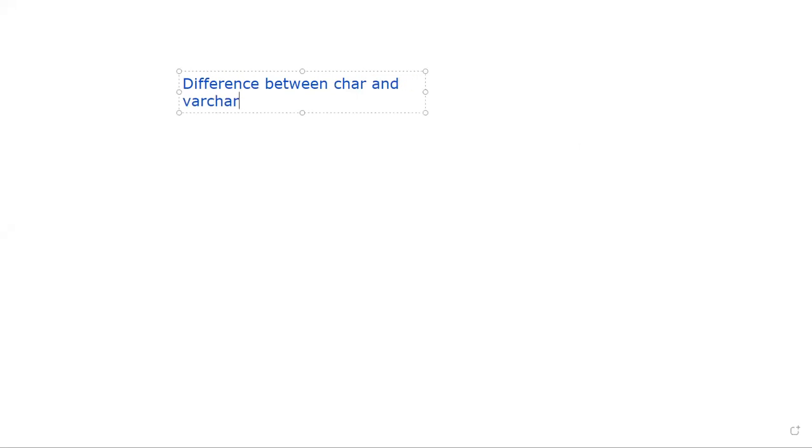The very first thing is, when we are creating the table, we can use either one. So the first thing that we should know is the difference between char data type and varchar data type. When you are writing the create command, you write create table, then the name of the table.